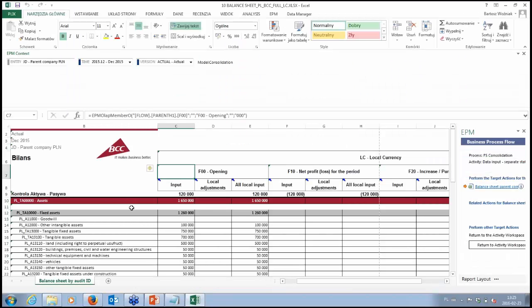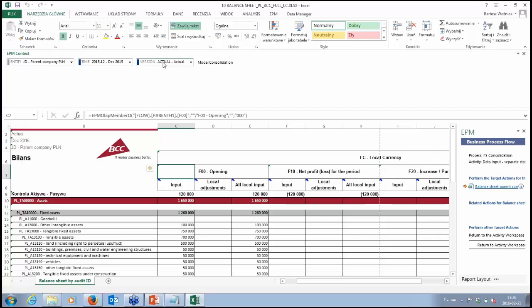And this is, let's say, the environment for our accounting or financial department. What we can see here is just an Excel input spreadsheet to control incoming data from BW. This data is assigned to our parent company, to December 2015. This is our actual version.